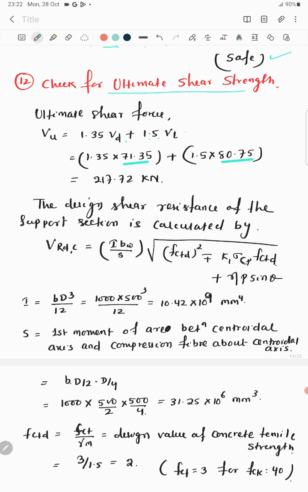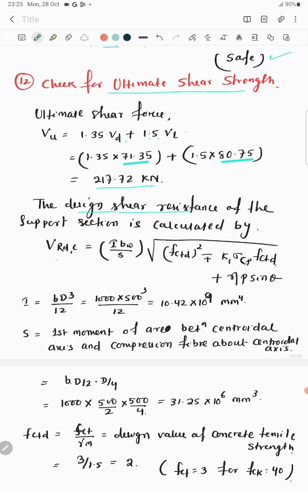So putting the values here, we got a value of ultimate shear force of 217.72 kilonewton. Now we'll compare whether this value of shear force is more than the design shear resistance or not. So from the code we can get the expression to find out the design shear resistance at the support section,